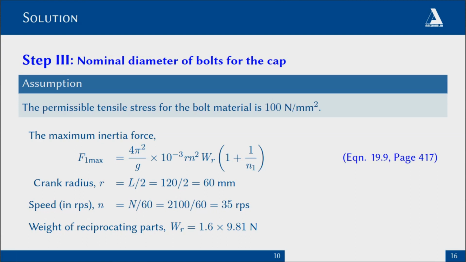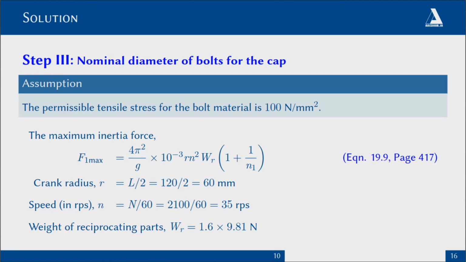The small letter r represents the crank radius, that is the length of the stroke divided by 2, that is 60 millimeter. Small letter n represents the speed of the crank in revolutions per second, that is n by 60. So small letter n is 35 rps. WR represents the weight of the reciprocating parts. Since the mass of the reciprocating parts is 1.6 kilogram, the weight of the reciprocating parts is obtained as 1.6